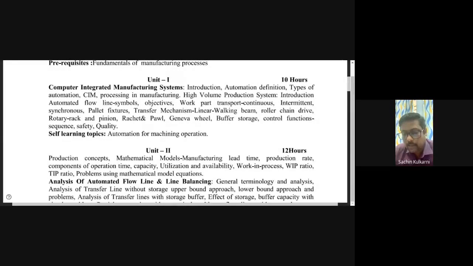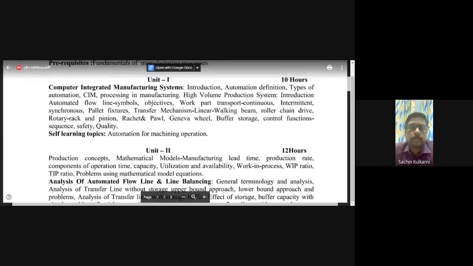If a part comes to the shop floor and you want to manufacture that particular part, how are you going to calculate? Say one order comes from a customer to the factory. How will they calculate all the timings, and if I want to give the cost for that component, how am I going to give it? Unless I know the machining cost, the production time, the rate of production of my plant, or the capacity of my plant, I can't give the quotation. I can't quote for that particular material.